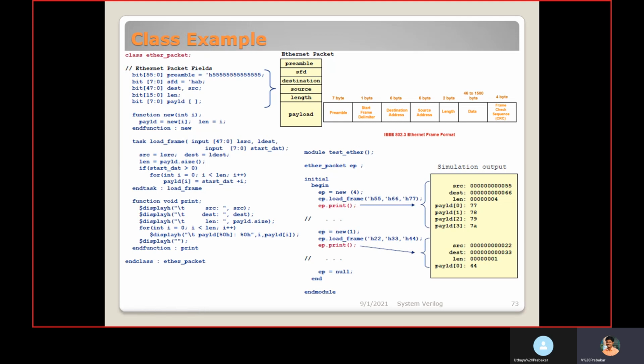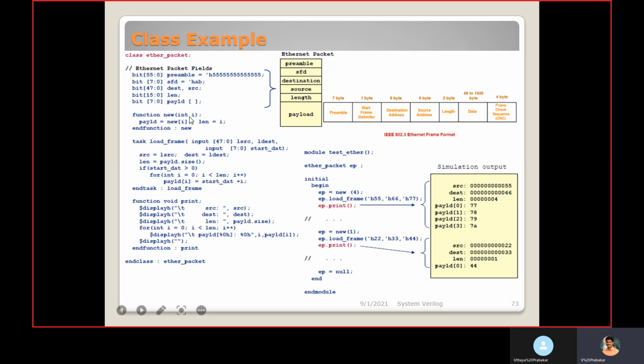Inside that, we are declaring the variables, nothing but the properties: preamble, and here itself we are assigning the value for preamble. Then SFD, destination, source, length, then payload. It is a dynamic array. Then function new.